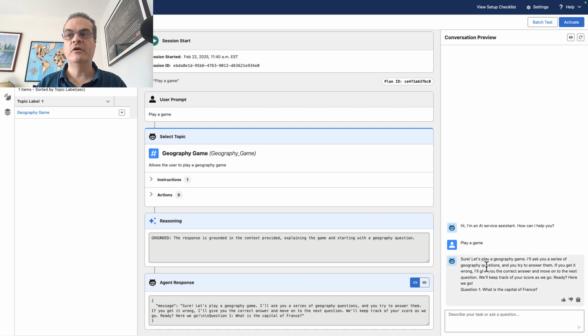All right, now take a look at the definition for the instructions of the game. Now it's more complete, more paragraphs. It says, sure,